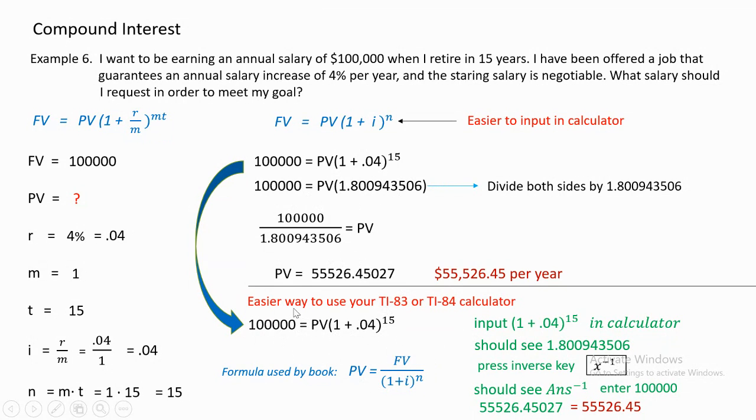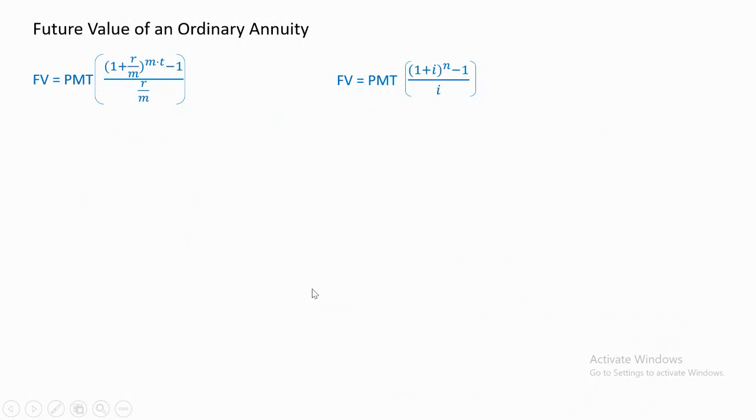So you decide what you want to use. But from now on, I'm going to be using it this way, because my students also voted today in class, and they said this is easier to use, by using the inverse key. Okay. So now this comes from